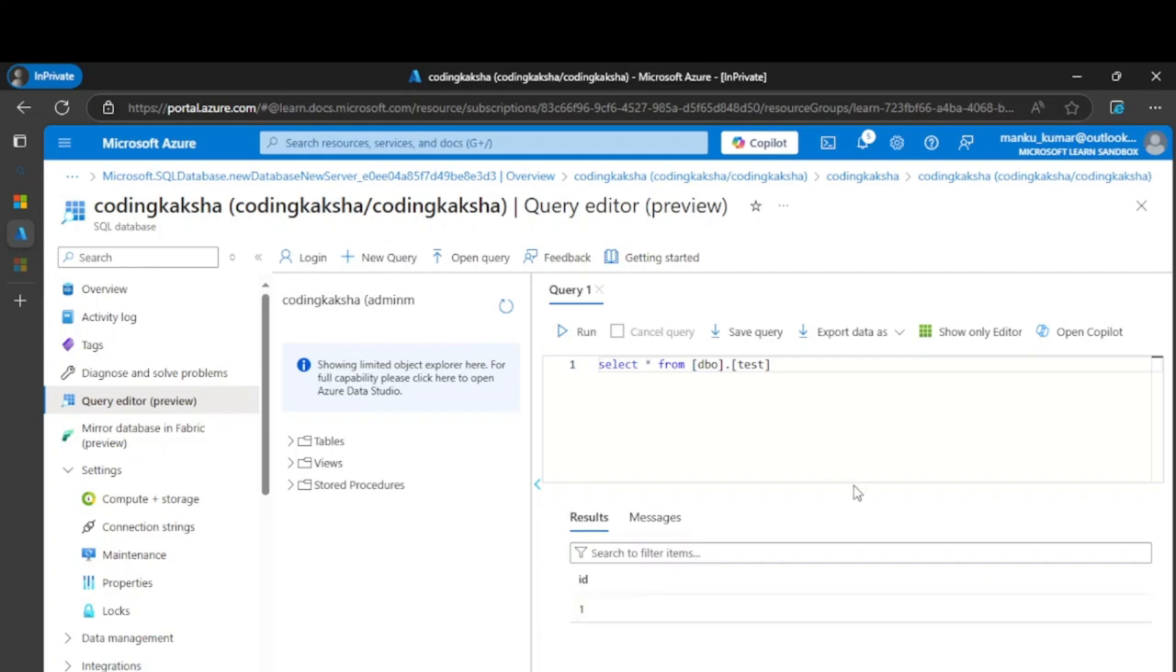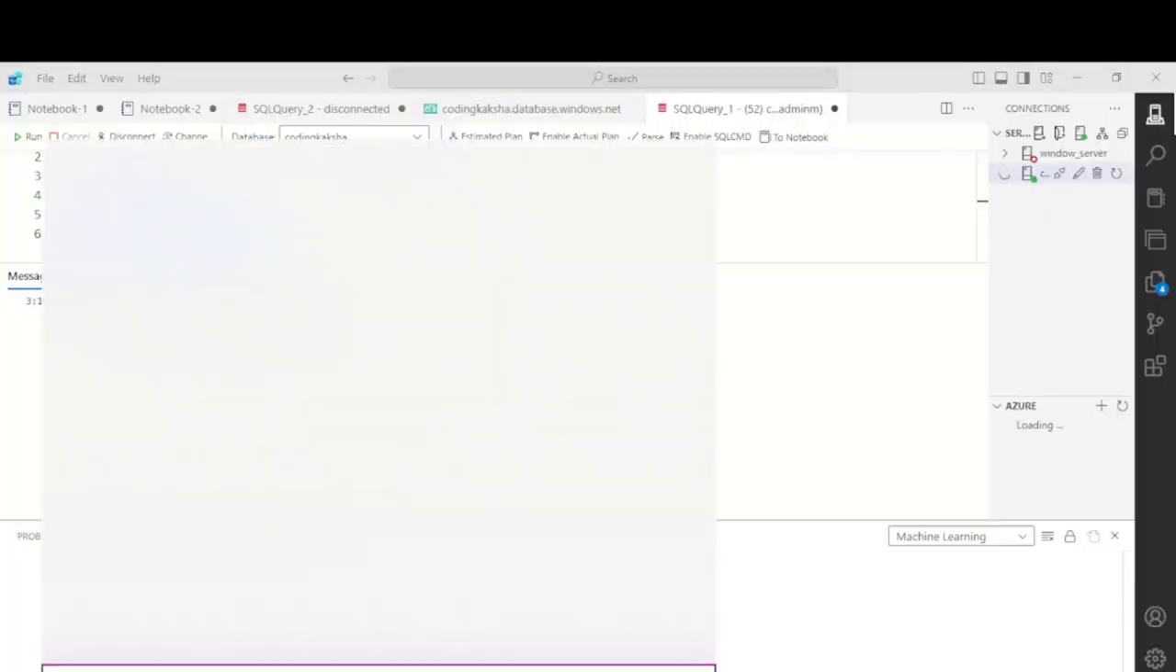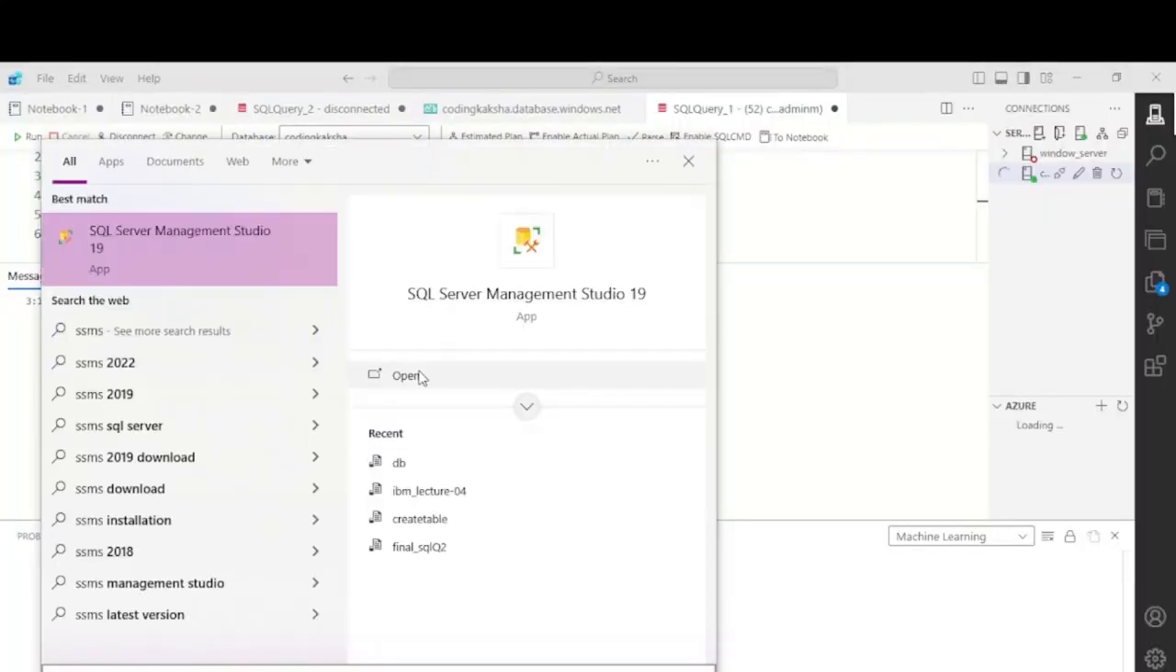So our connection got established on both the cloud and our local machine. If we have SSMS as well, we can configure that too. So yeah,